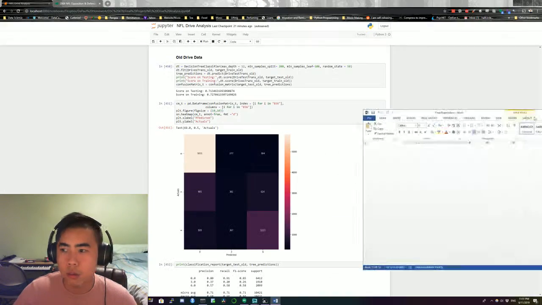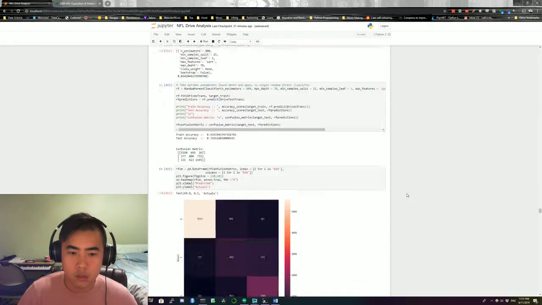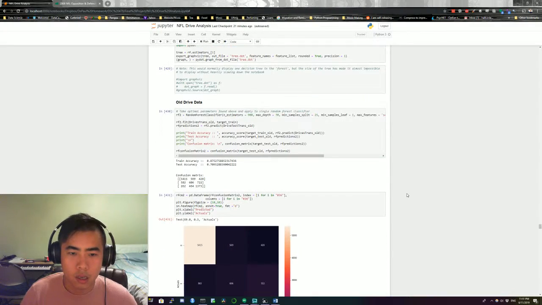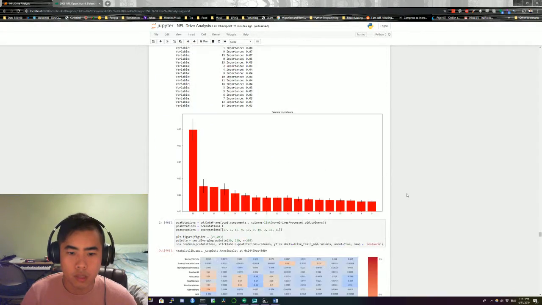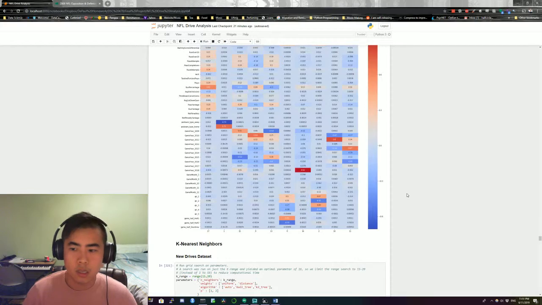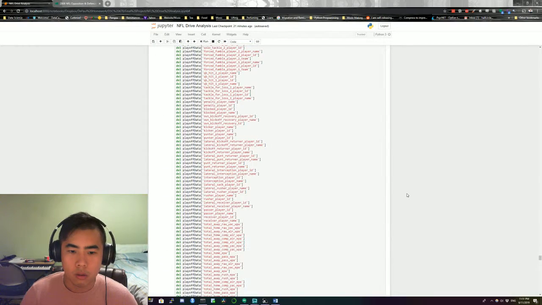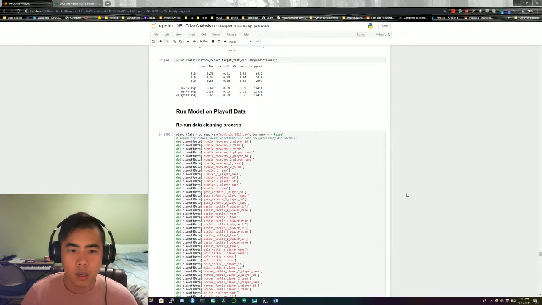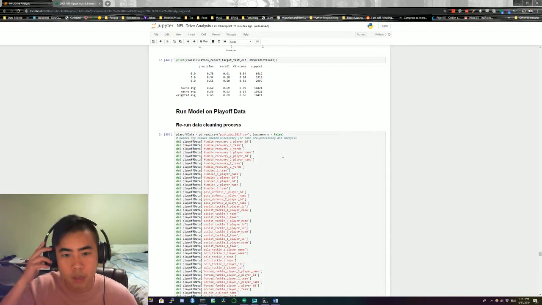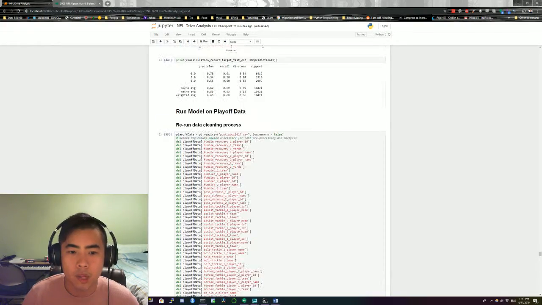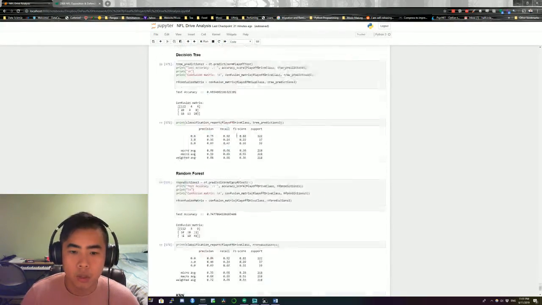And then finally, once we had all these models, we wanted to go back and say, okay, we tested it on regular season plays and drives. What if we took playoff data? So we took playoff data, also scraped from the NFL Live Game Center API. We looked at just 2017 and the playoff data for that. And what we ultimately found